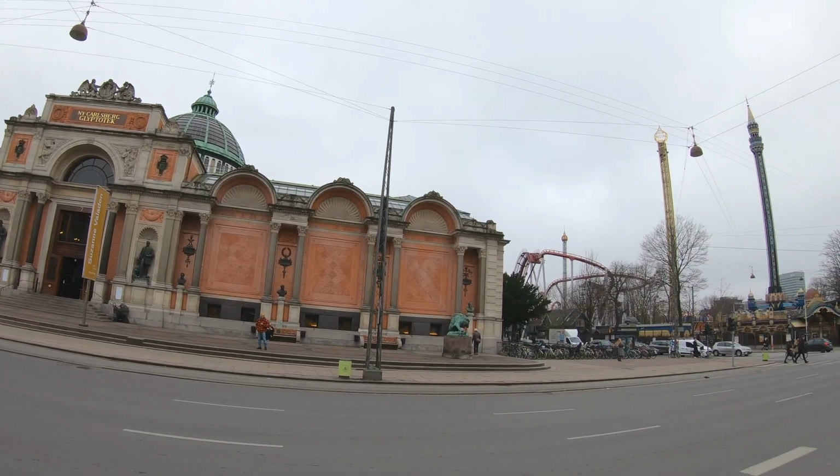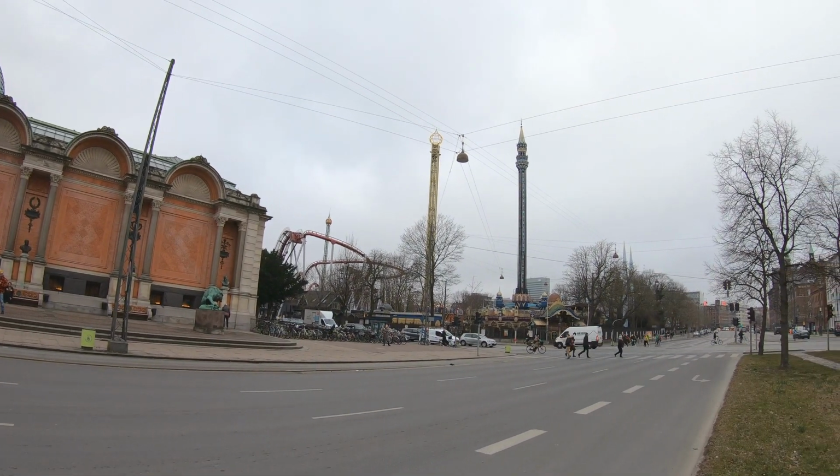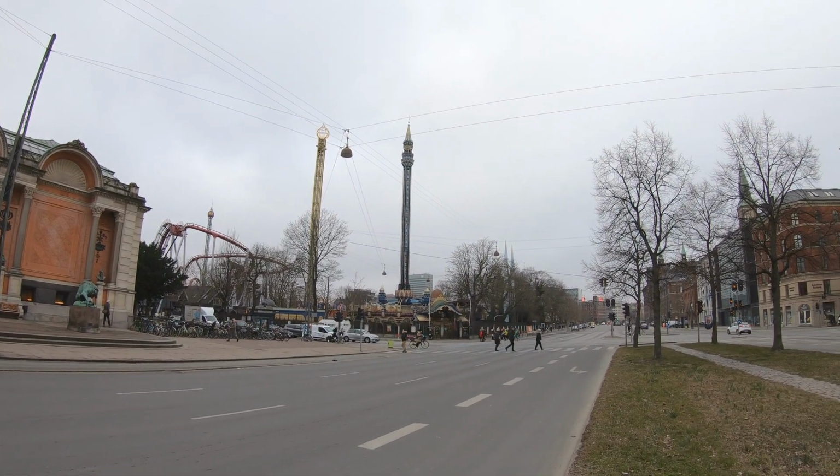So we started our morning with a stroll past the Carlsberg Glyptotek Museum and the closed Tivoli Gardens. Last day, and we've gone from 2 days ago sitting in the sunshine on the waterfront to it being a little bit Baltic today, but let's go have a wander and see what we can see, because that is pretty